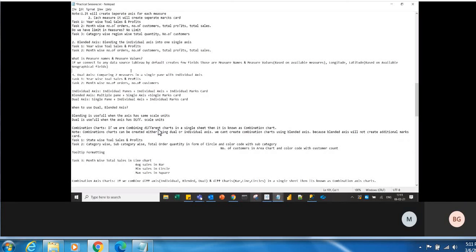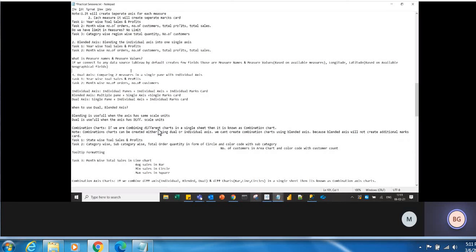No, that is available only for the measures. Because this option is for blended access. Blended access can be done only using the measures, not the dimension. See, when you're using dimensions, you have two options: nested table or small multiple dimensions.